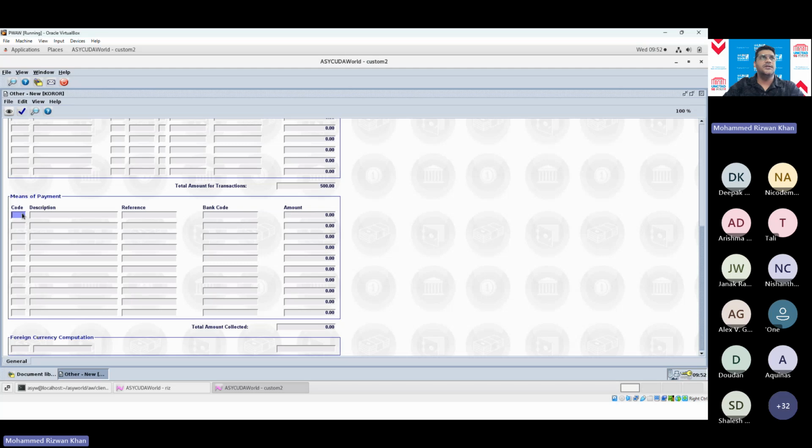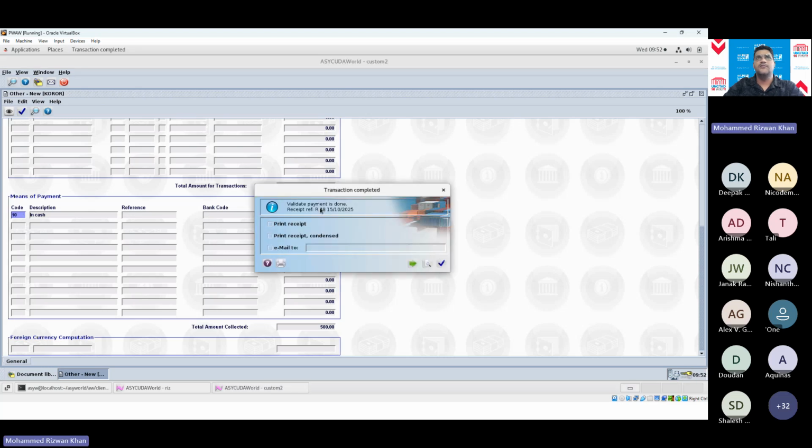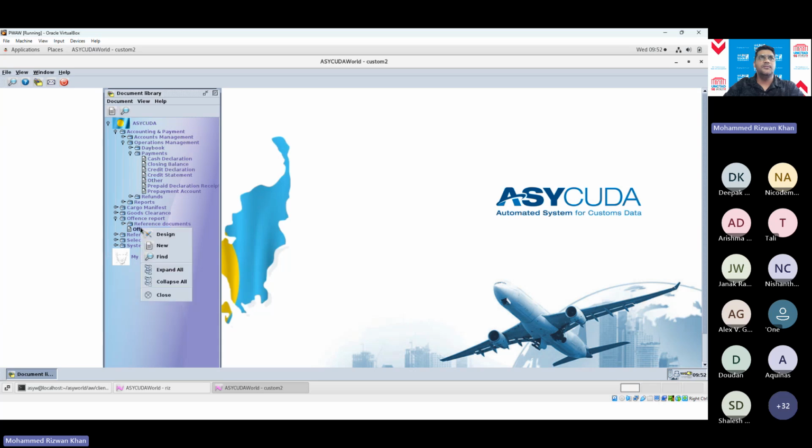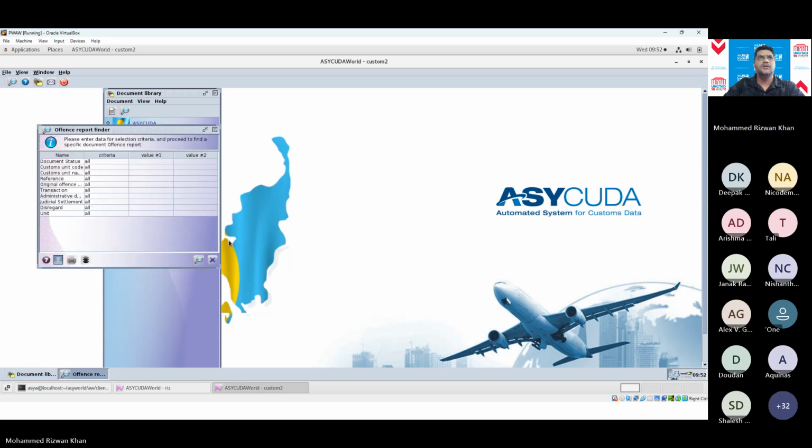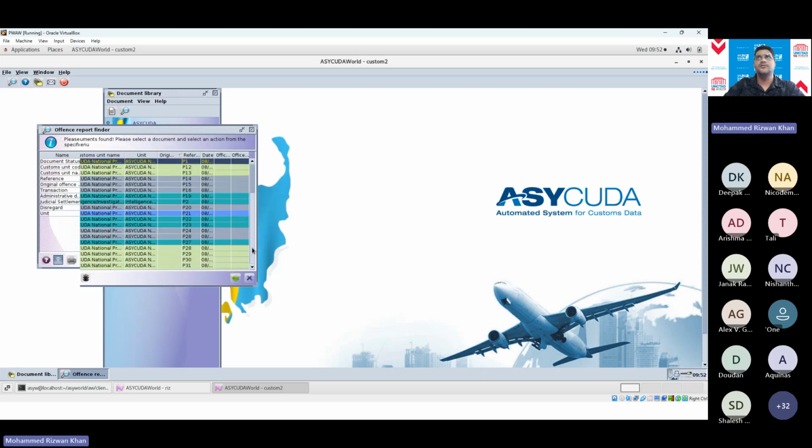And let's collect it in cash and done. So R48 is the receipt number. And if we open up the offense report or the currency declaration form, it should provide the receipt details as well.